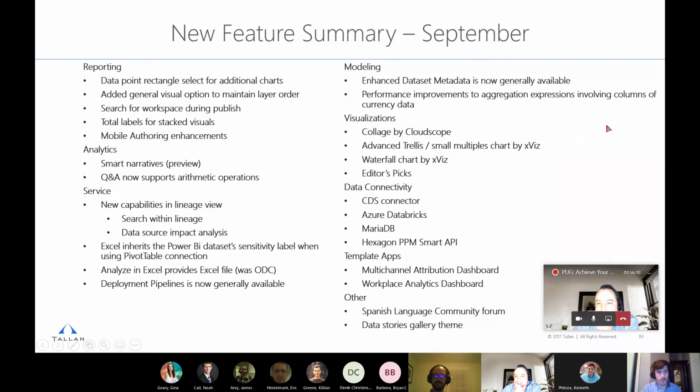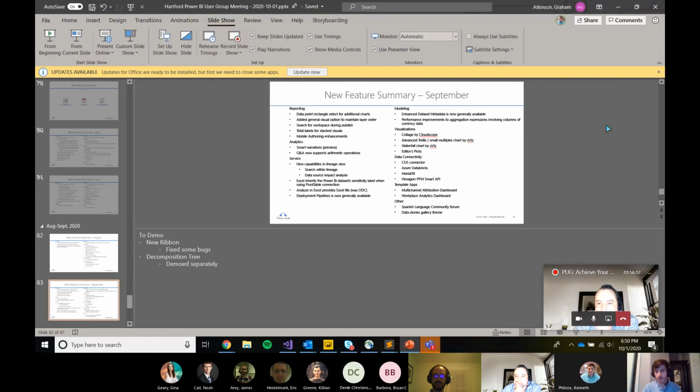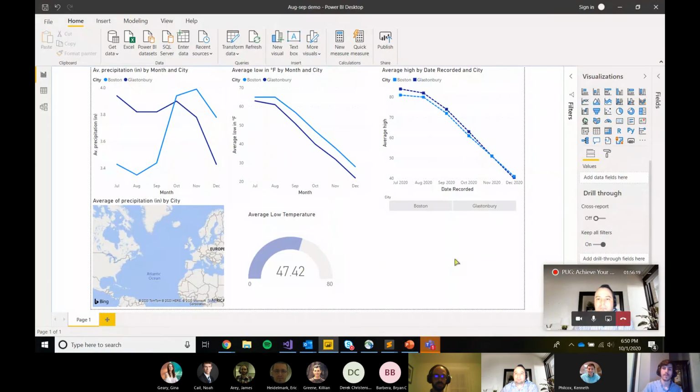All right, great. So I will just go through a quick demo here. I know we're almost out of time and we do want to have some time at the end, so I'll keep this nice and short. But I wanted to show off a few of the features that I thought were cool.